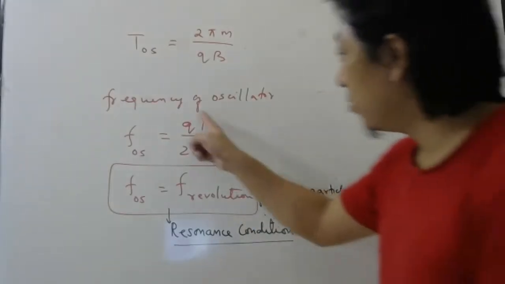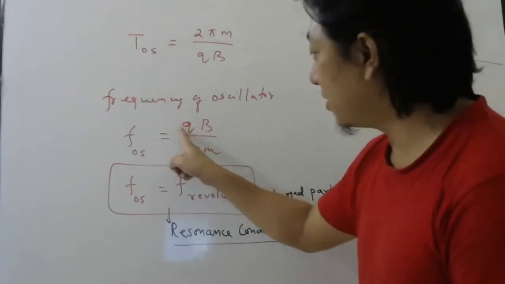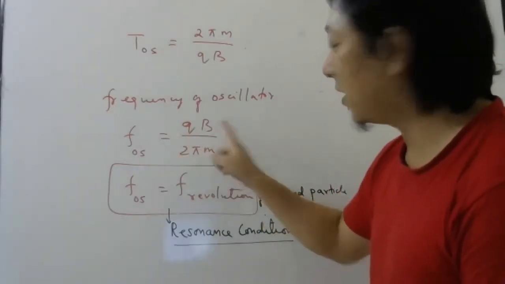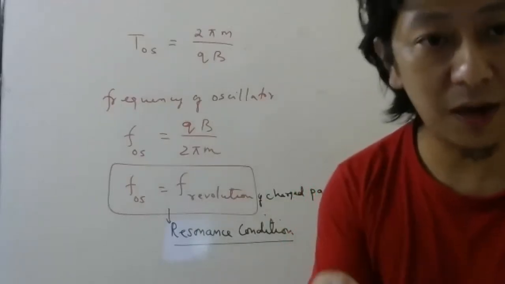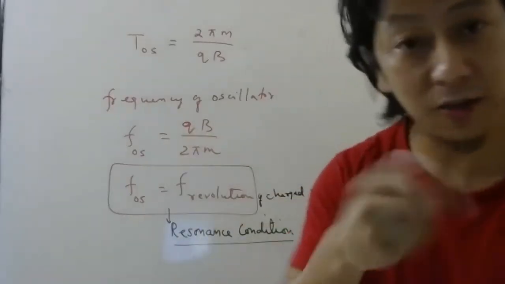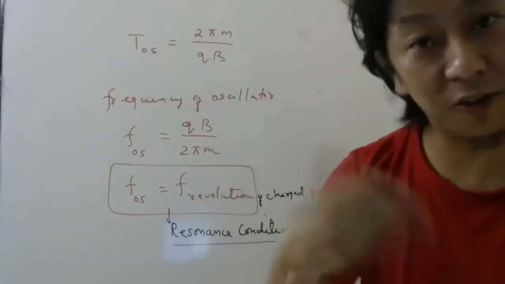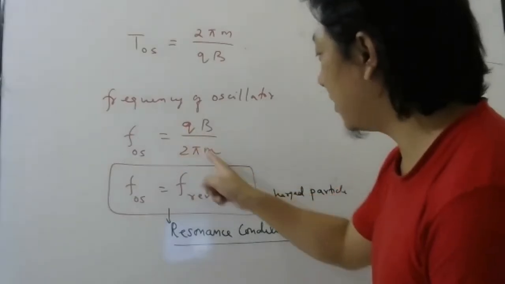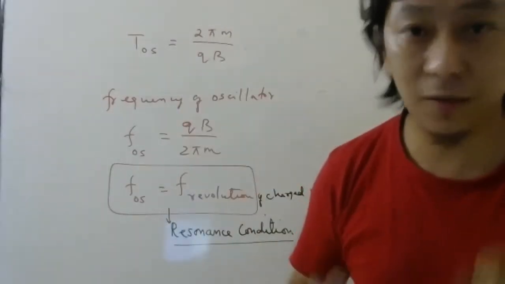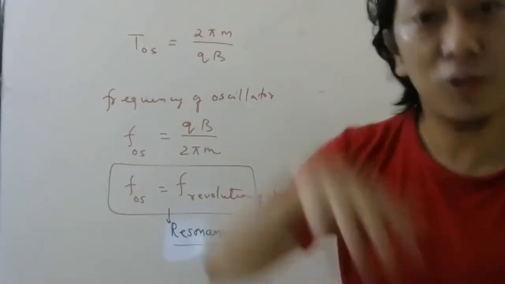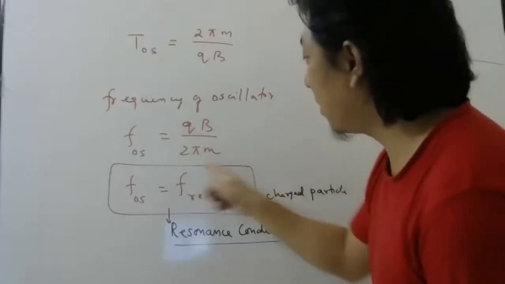Now look here. Look at the formula of the frequency of revolution. It depends on the charge, the mass, and the magnetic field. So you know which particle you are using. If you are using alpha particle, you know the charge is twice the charge of electron. Mass is approximately 4 times mass of proton. So you know the charge and the mass. And what magnetic field you are applying, that also you must be knowing. If you don't know, then why are you applying? So whatever magnetic field you know, that much magnetic field you are applying. So this part you can calculate.